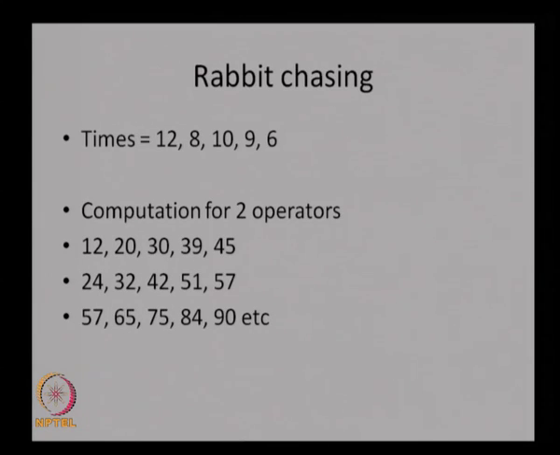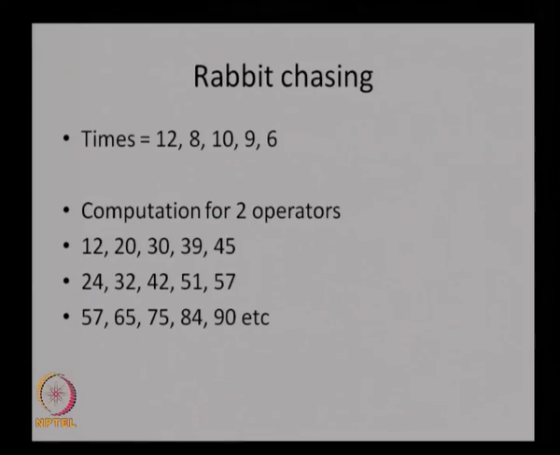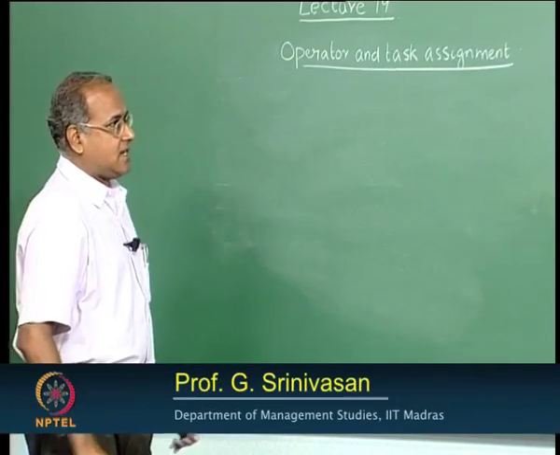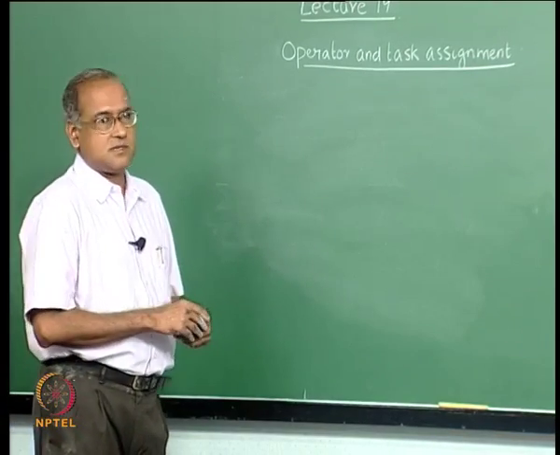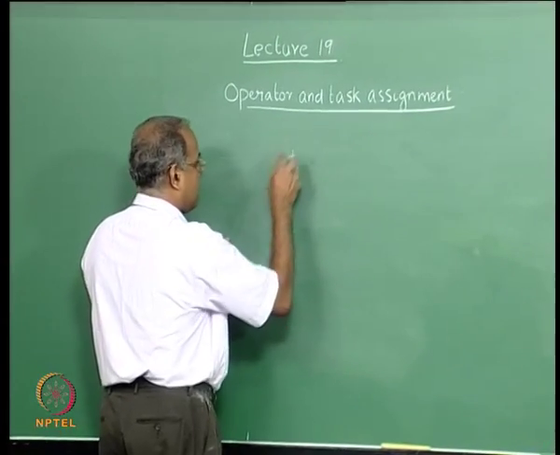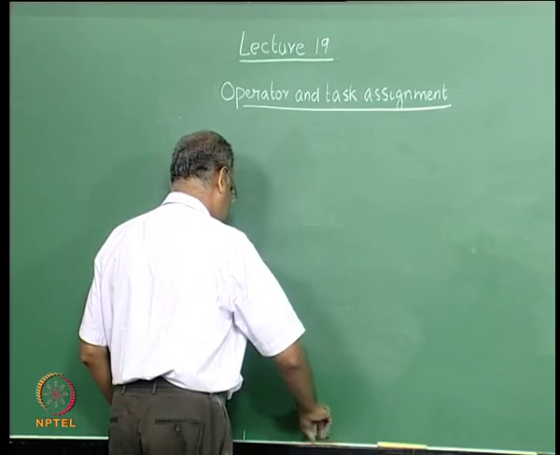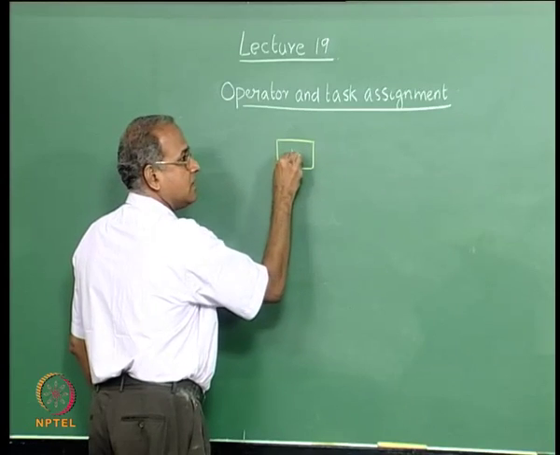So first thing that we do is what is called rabbit chasing. Now let us assume that there is a cell. Now most of these come for product based cells, they can also be extended to the regular cells. So let us say there is a cell that makes one product, there are 5 machines and the task times on these 5 machines are 12,